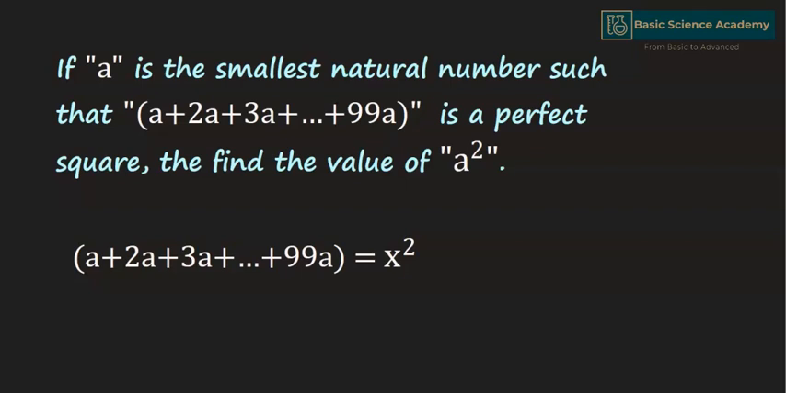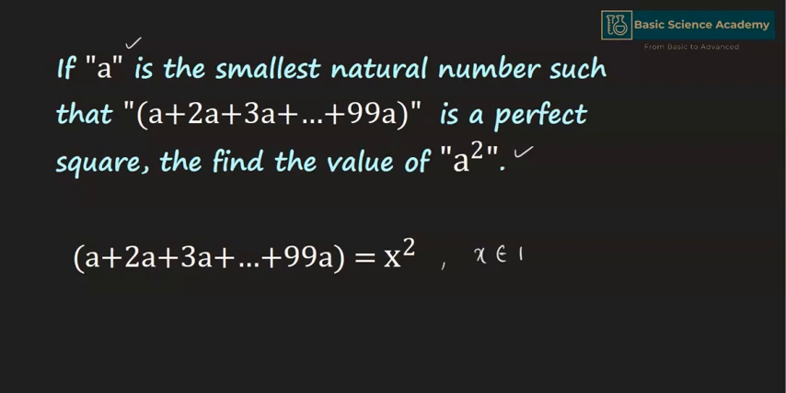In this video, we are going to solve the problem: if a is the smallest natural number such that the expression a plus 2a plus 3a up to 99a is a perfect square, then find the value of a square. Let's consider the expression a plus 2a plus 3a up to 99a equals x square,